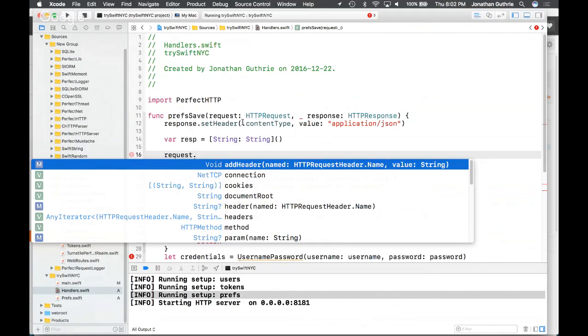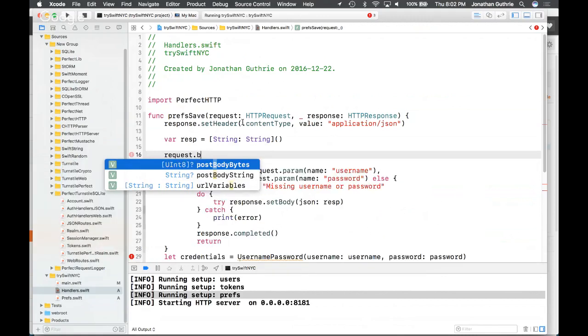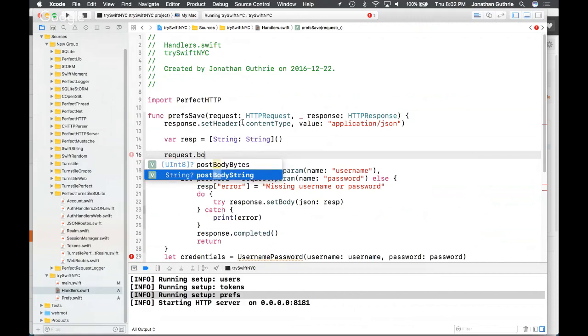If it's coming in the body of the request, let's start typing body. Oh, here we go, post body string. Isn't that convenient? If you don't necessarily know what you want, sometimes you can start typing a little bit of what you want, and you might get your code completion. Worst case scenario, go and have a look at the API documentation.